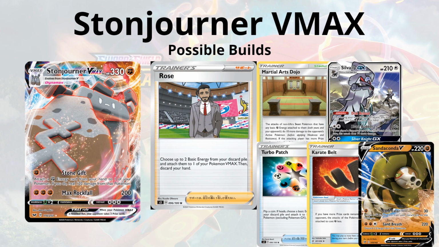So the first possible build here I have would be kind of a straightforward, aggressive kind of build. And now the cards farther bottom right are kind of maybes to include in the list. But the Rose card that I was talking about, it's a supporter card. Choose up to 2 basic energy from your discard pile and attach them to one of your Pokemon VMAX, then